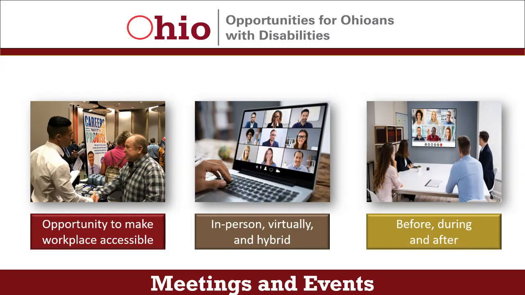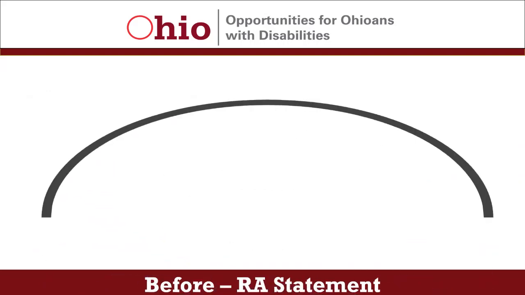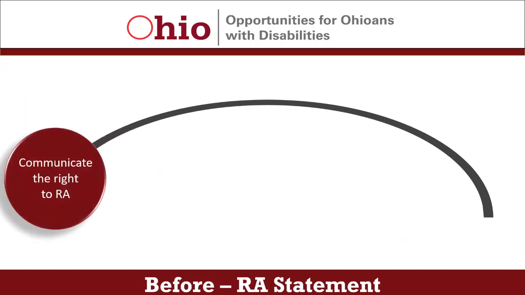Julie, that sounds like a good approach. What are some simple accessibility tips employers can consider when they are planning meetings and events? Kelly, we are probably never going to have a webinar where I don't mention the importance of a reasonable accommodation statement. I think this is the number one most important and simplest accessibility tip I can share with employers. This statement communicates the right to reasonable accommodation and includes contact information for making a request.